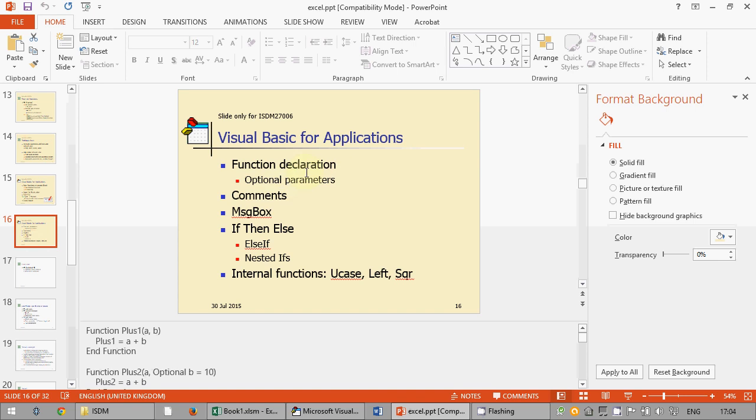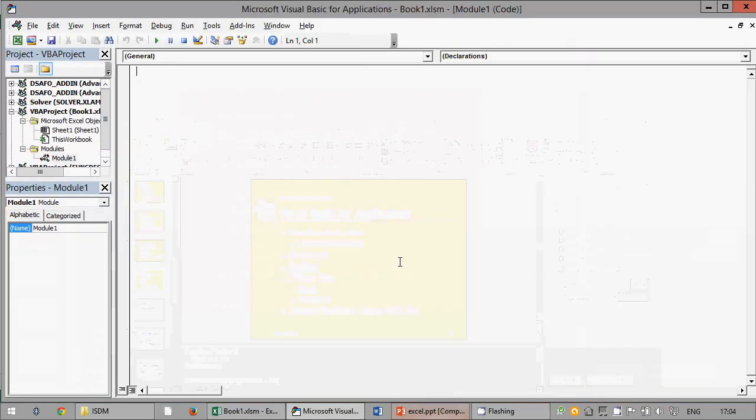First of all, how to declare a function and which are the parameters. You declare a function simply by writing Function, then the function name. Our first function will be called plus, and it's a very easy function with two parameters. It will simply calculate the sum of the two parameters. Okay, so plus a comma b, or you can write first comma second.